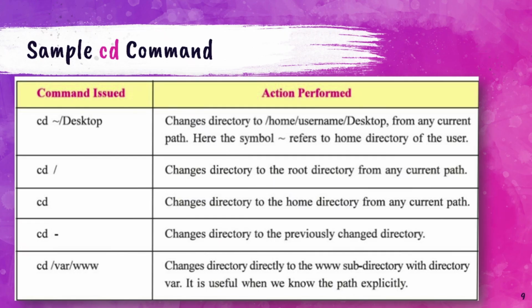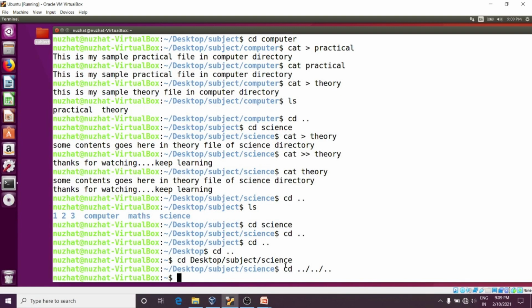We are already familiar with the cd command, that is change directory. Now we will see different options that go with the cd command. In the last video lecture I told you an option is used to change the behavior of the command. We already know cd space desktop is used to move back to the desktop directory from any current working directory. You can also go for cd space tilde, that represents the home directory, then slash and then capital D and you have to write the desktop directory. This way also you can navigate, or directly write desktop. You can go for any of these commands.